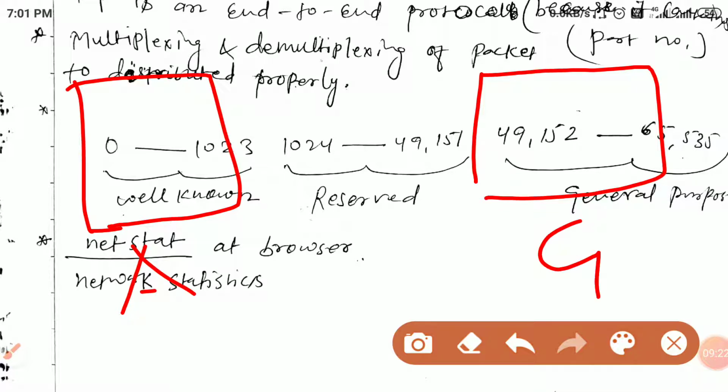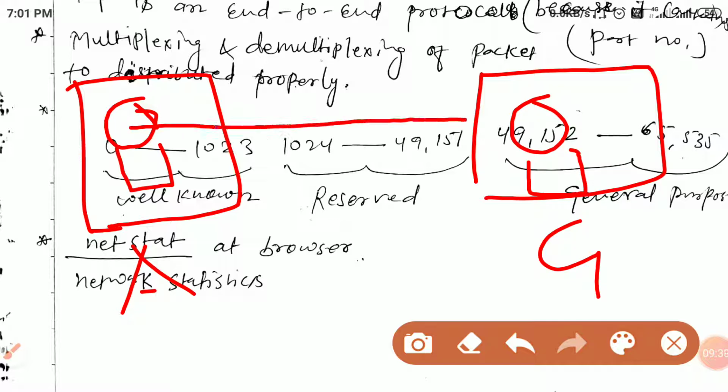Now if they want to communicate, maybe there is one process here, and here also there is a process where the Google server is. So this process and that process want to communicate. If it is connection oriented, they will reserve three things: CPU reservation, bandwidth reservation, and buffer reservation. So for every connection there should be a reserved buffer.